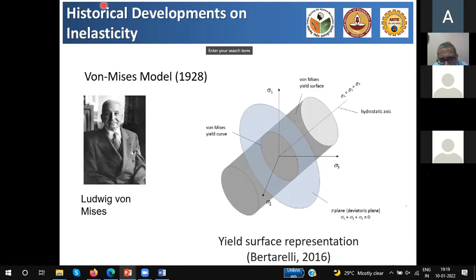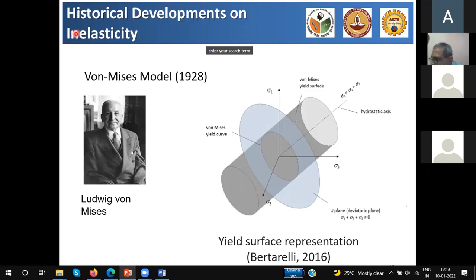So when you test it with equiaxial tension in all the three directions, then it is postulated that you will reach a yield in the form of a circle when looked at in the octahedral plane, and that circle will keep expanding as you keep loading the material in the form of yielding. Okay, so that yield is captured in the form of an expanding circle that was postulated by von Mises. This figure is taken from a 2016 paper, but the concept is of von Mises way back,